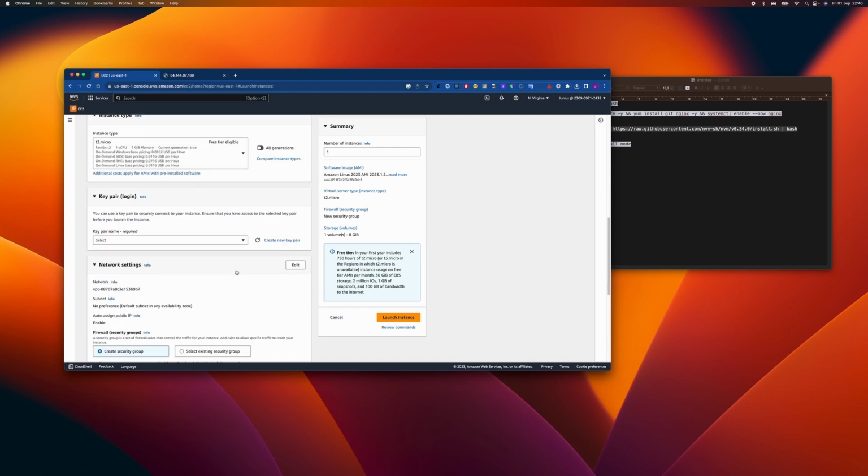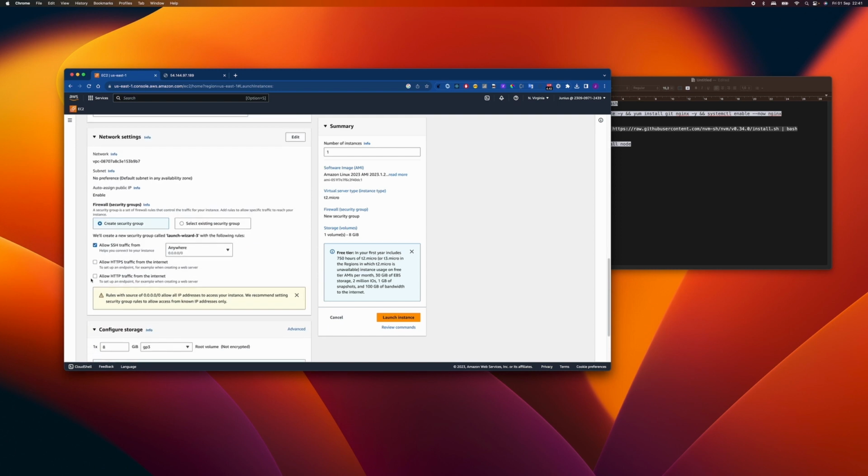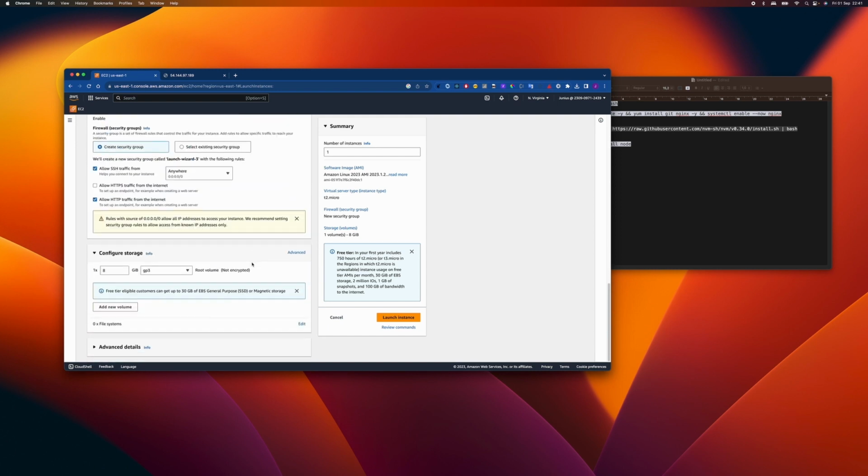Then we need to create a key pair for our instance. I've already created one, so I'm going to use the existing one, but you can create a new one by clicking create a new key pair. Then we need to allow traffic on port 80. This will allow us to connect to our